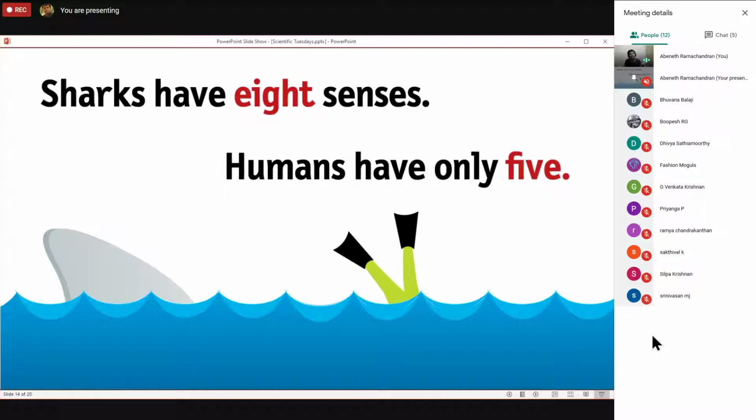So what about sharks? How can they have 8 senses? We have everything in the world, but how can a shark have more than us? Any guess? Teeth, sir. Heat. Okay. Eyes. Another 2 more. Gills. Okay, that is breathing. We have a nose, we have breathing. No problem. In its back, it has something. Okay, I will tell you.